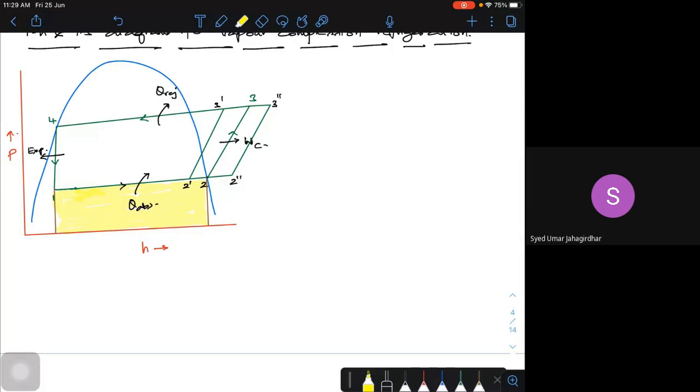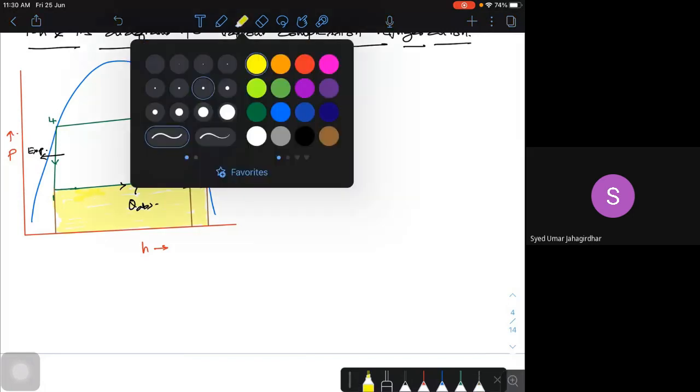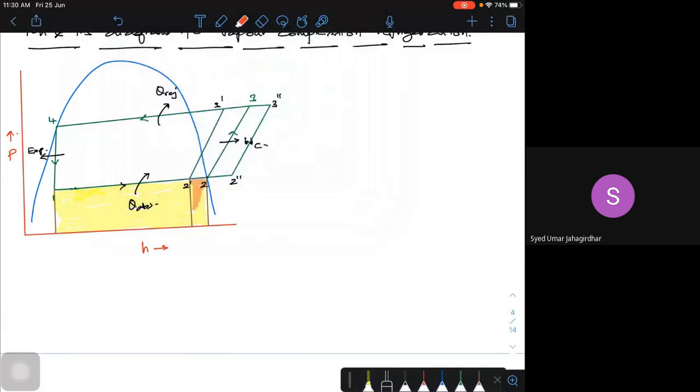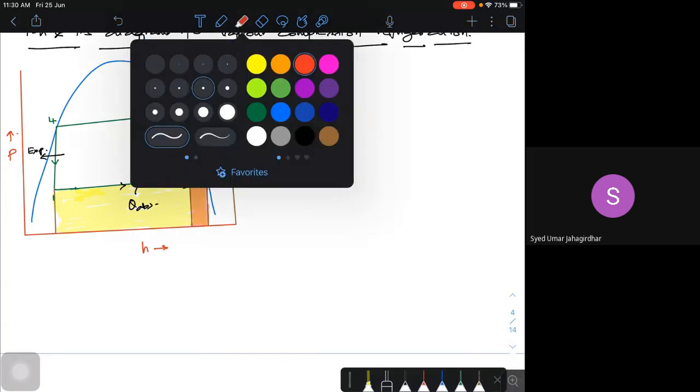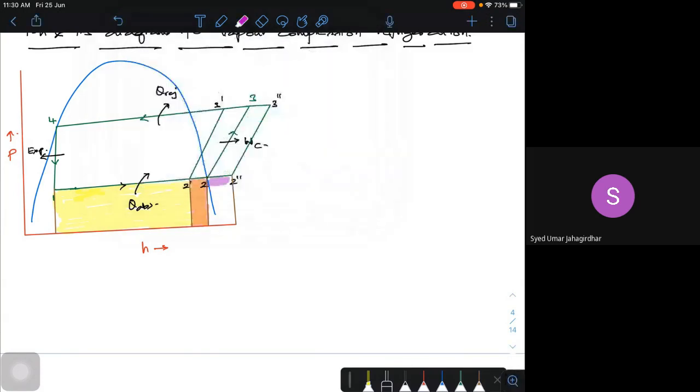If it is wet, actually, I'll be getting less amount of it. Look at this. If it is wet, what will happen? This amount of quantity gets reduced. Suppose I go for a superheated condition, that means the amount of heat absorbed is very high. Then I'll be getting this extra amount of heat added.